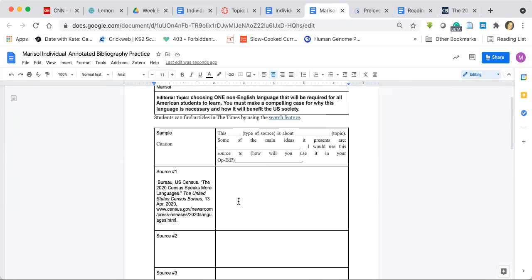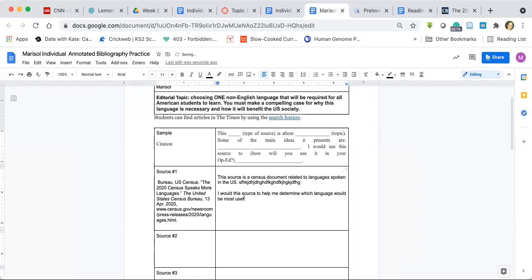So once I've got my MLA format, then I'm going to say this source is a census document related to languages spoken in the US. Okay, and then I'd go on to explain a little bit about it, what the main idea is. I would use this source. So let's pretend I have blah, blah, blah. I want to say how I'd use this source. I would use this source to help me determine which language would be most useful to learn after English. Okay. Also,